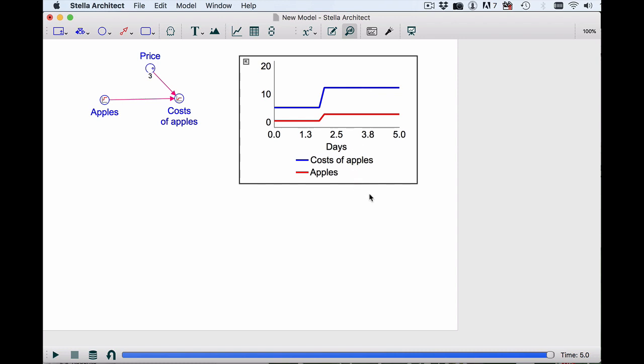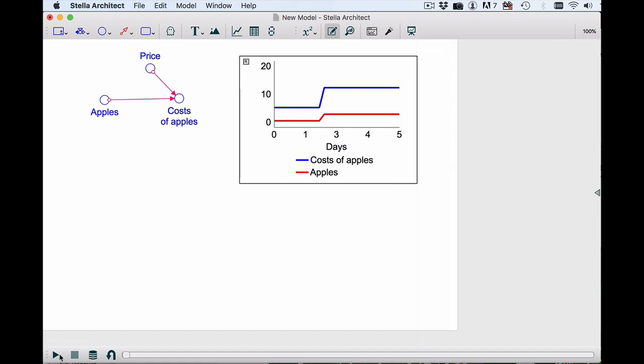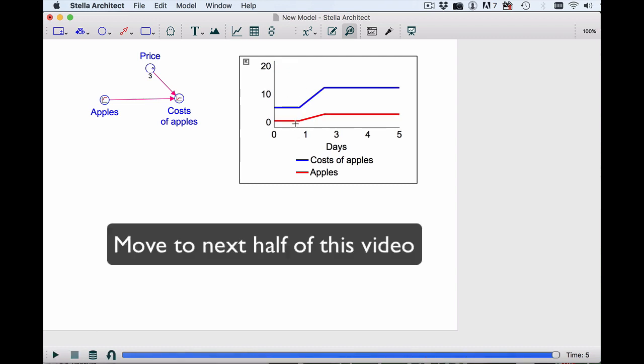Just a small thing here about the time step for a model. Now we chose 1/10. Let's just see here if we choose to calculate only once per day and simulate again, and then you see that we get a much longer step. So if we wanted to have a really sharp increase, a step increase, and show that in the graph, then we need to choose